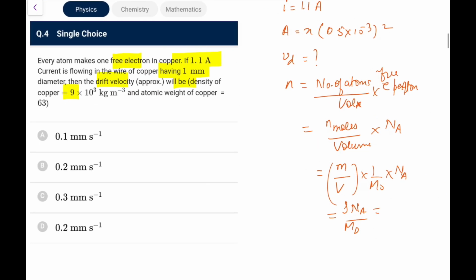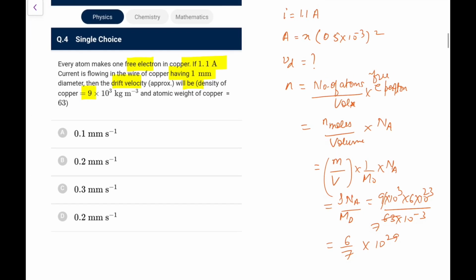Rho is given as 9 into 10 to the power 3, that would be 6 into 10 to the power 23, the Avogadro number. Molar mass is 63 into 10 to the power minus 3. So what you are left with is 6 by 7 into 10 to the power 29. Now using your equation, you know this I is NeVD. So VD is coming out as 1.1, N is 6 by 7 into 10 to the power 29, 1.6 into 10 to the power minus 19, and area will be